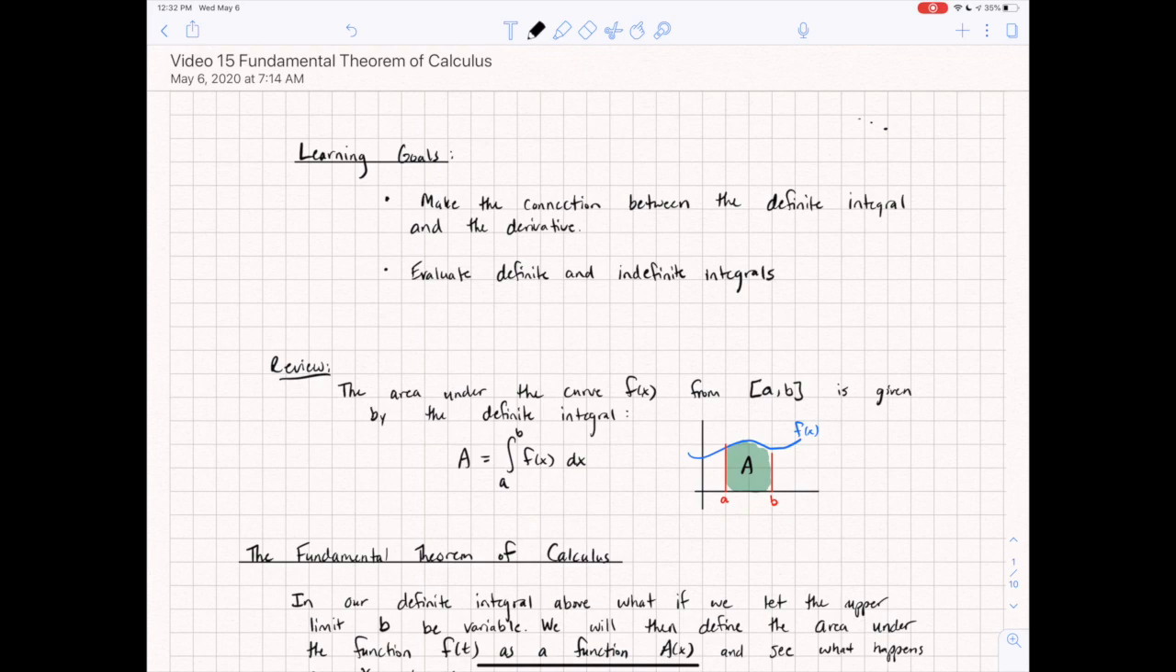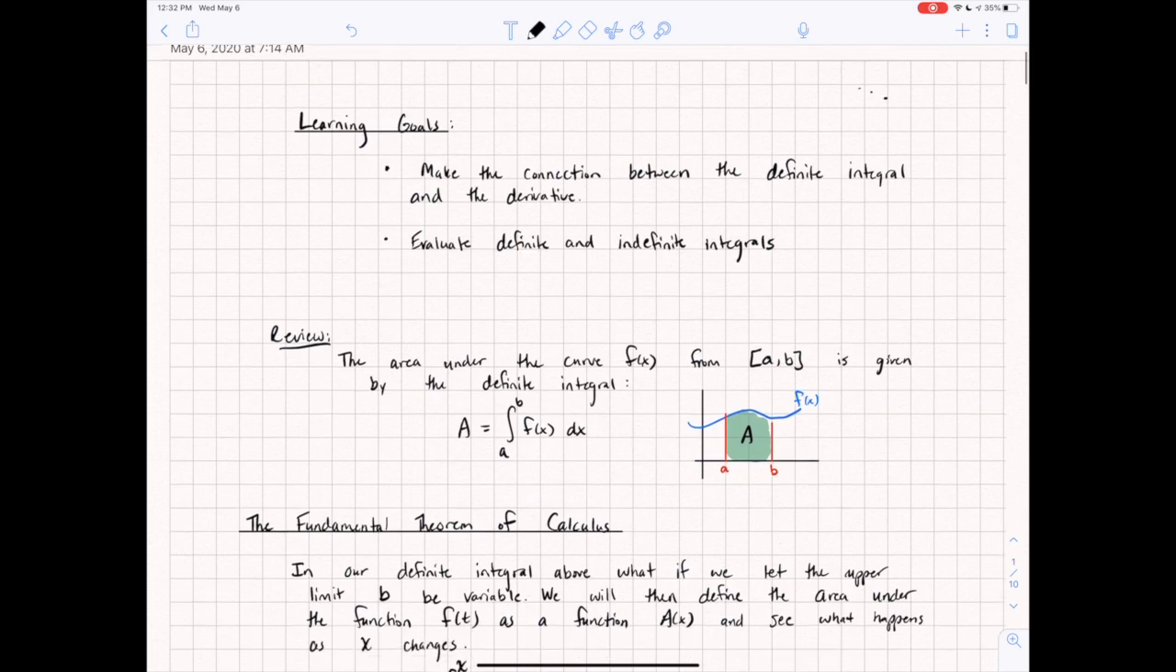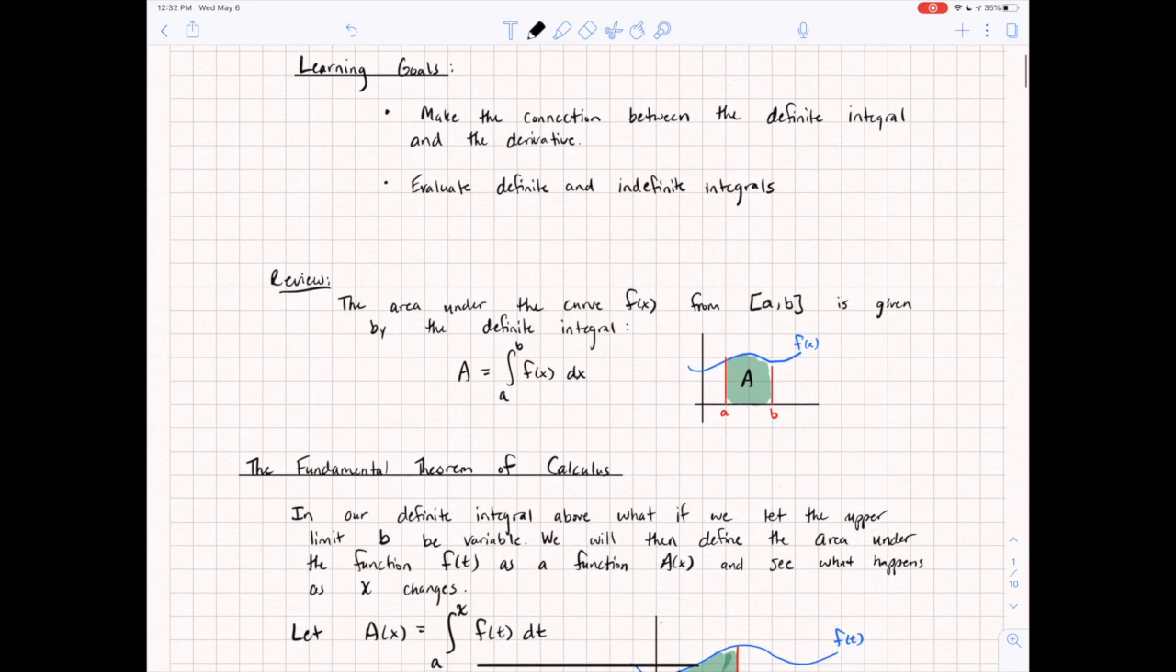And so in this lesson, the goal here is to make that connection between the definite integral and the derivative. And then from that, begin to evaluate definite and then what's known as indefinite integrals, which you'll see in some of the practice problems. And so to start, just to review, the area under the curve of